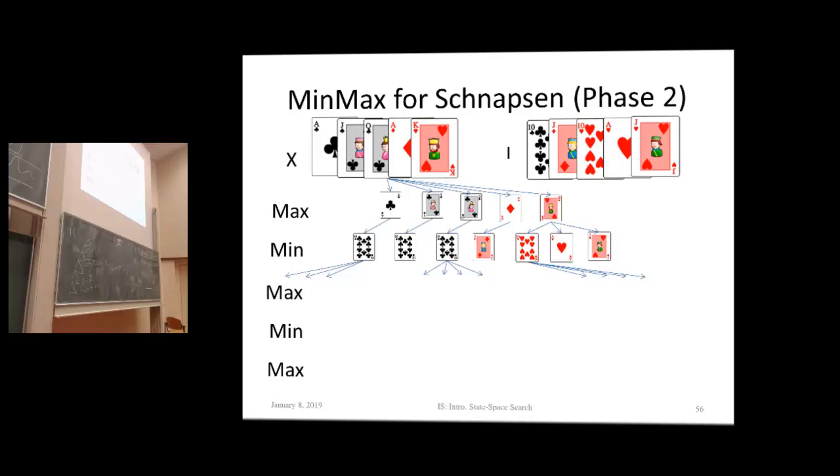So as I said in the slide before, the transitions are determined by the rules of the game. And then, based on these transitions, on this system, it's my choice of a strategy. Which of the moves that I can make here get me to the highest chance of winning somewhere down here in the Schnapsen game, of having 66 points or more. And now we have to come up with a search algorithm that, starting with this initial state, gets me to the winning position where I have 66 or more.